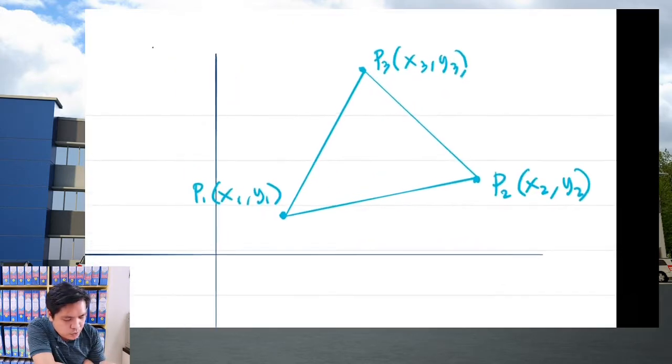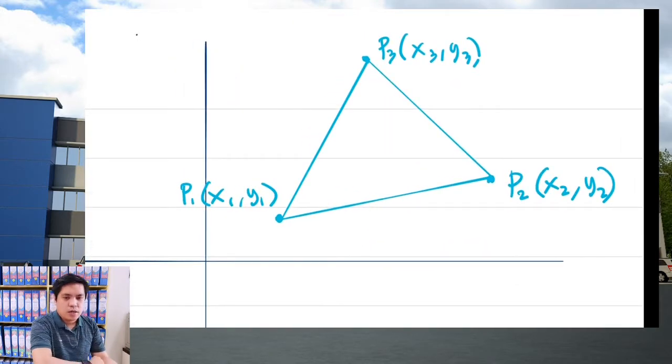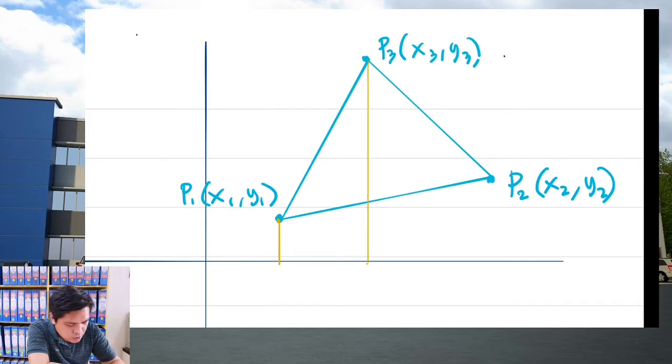Anyway, how do we solve this? Ako din sasagot. We solve this by ganito na lang. This point, extend ko pababa. Then I extend this also and this. Ayan. So, meron akong na-form na